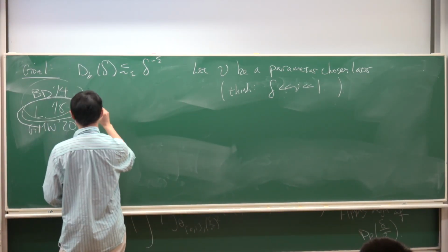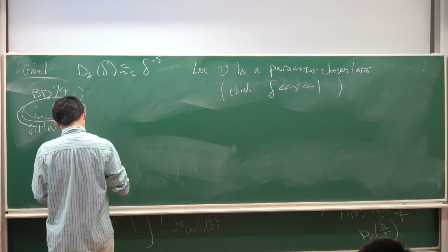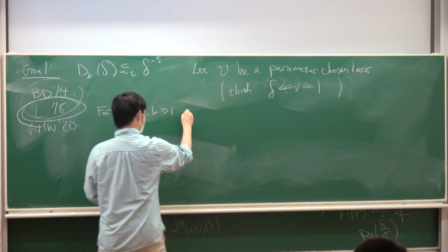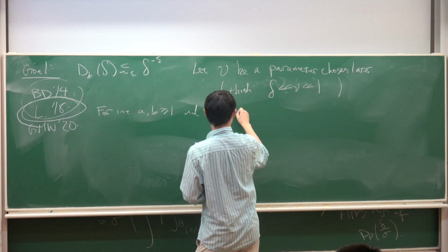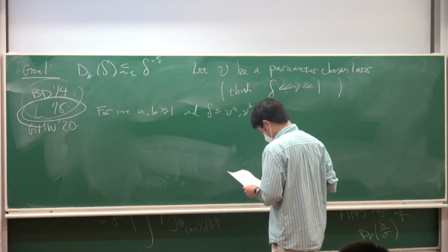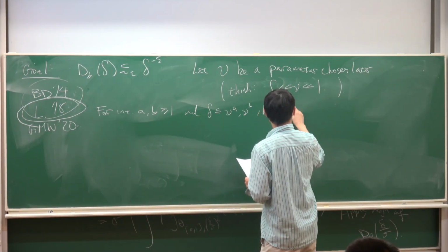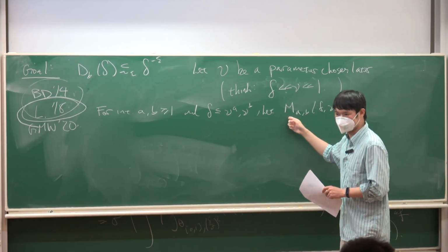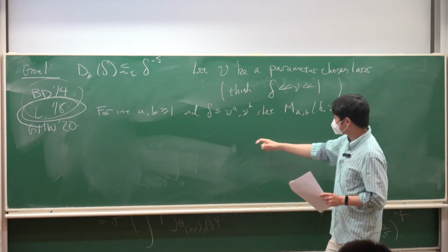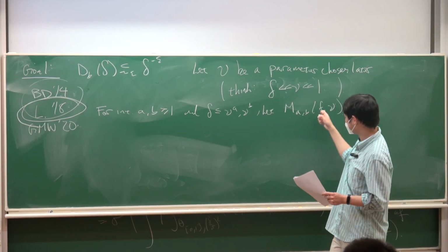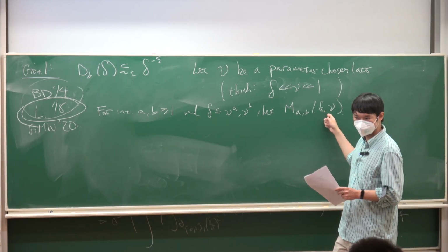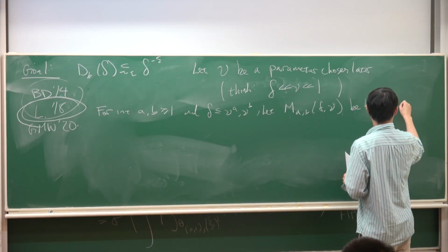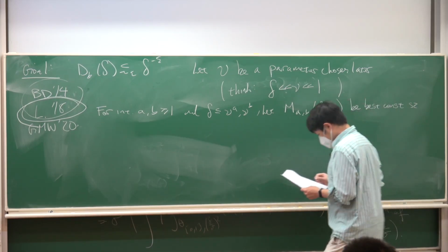Okay, so now let's define our multilinear decoupling. So for integers a and b bigger than 1 and delta less than nu to the a and nu to the b, let M_{a,b}(delta, nu) — M for multilinear, really I could have called it B, for bilinear — depend on these parameters. It depends on delta and nu. Delta is our target scale. Nu is the intermediate scale. Okay. B, the best constant such that,